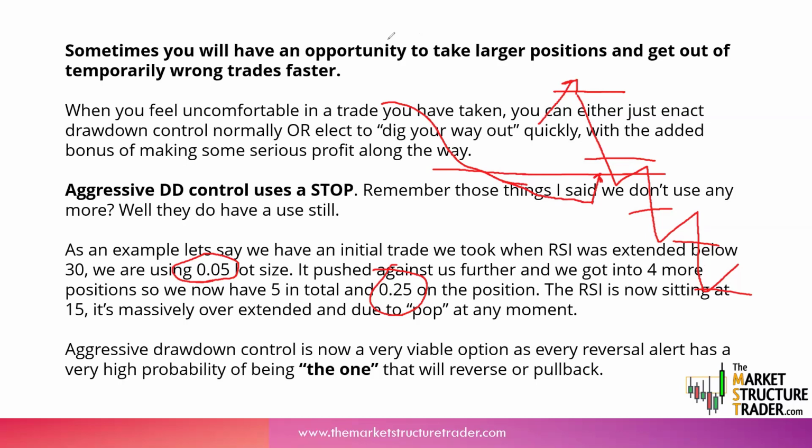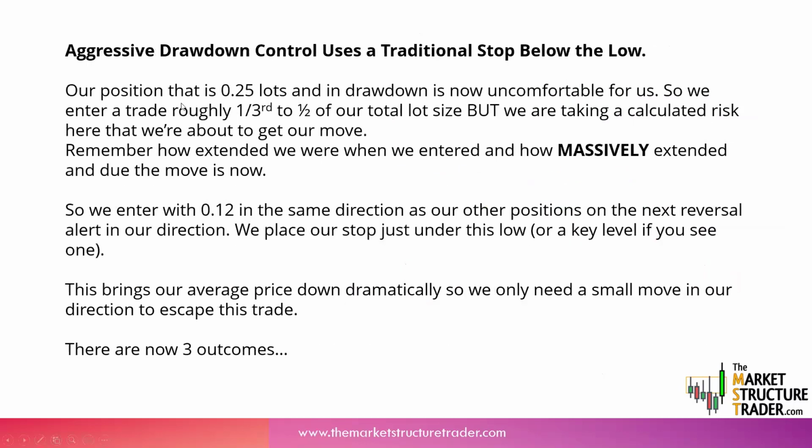So aggressive drawdown control uses a stop below the low. A traditional trade we're taking here, but our position that is 0.25 lots in drawdown at the moment is now too uncomfortable for us. So we enter our trade now, position number 6, with roughly a half or a third of our total lot size. So in this case, where we have a 0.25 on, we would be entering with a 0.12